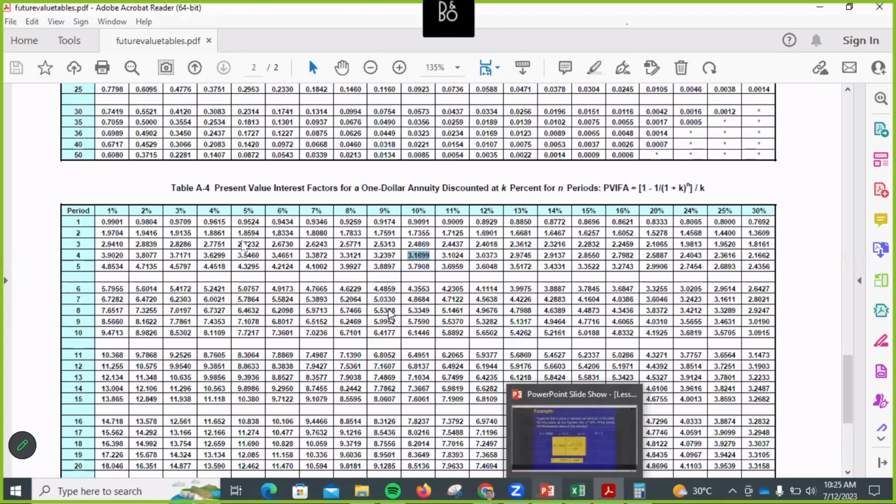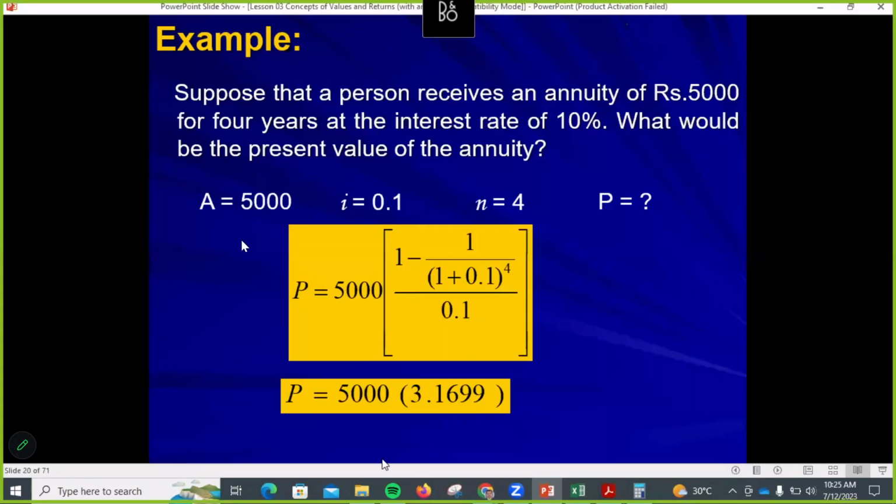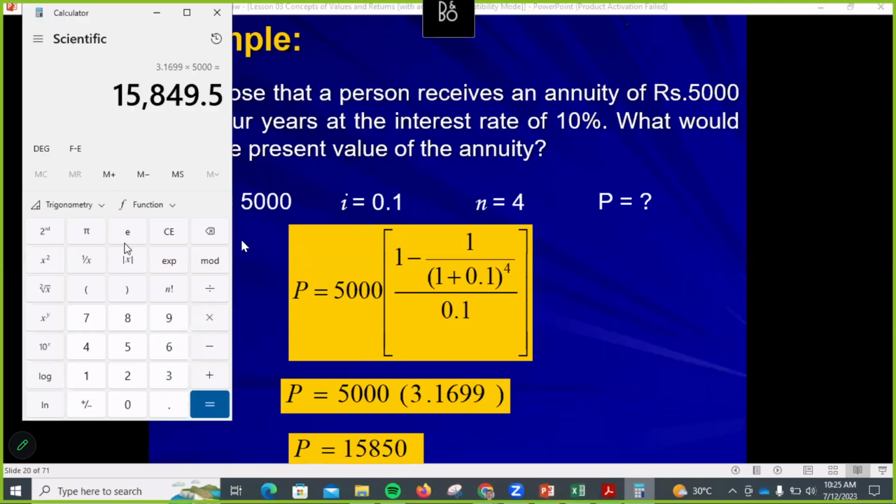You may have different values if you are using this, but you want to round up. So 15,850. Right. So if you are rounding up, you can put in 15,850